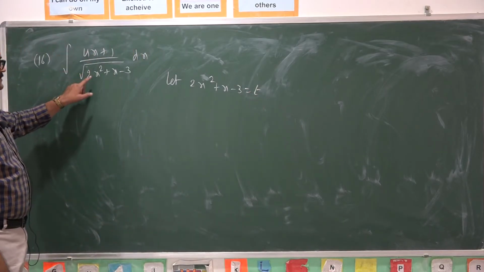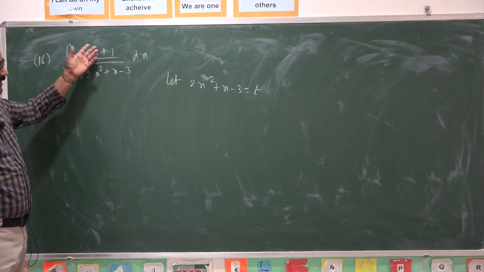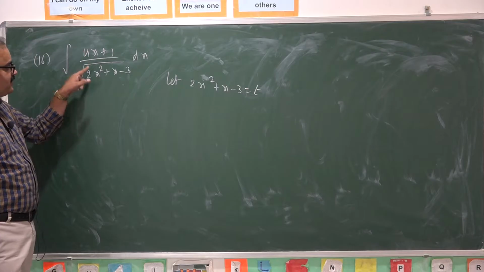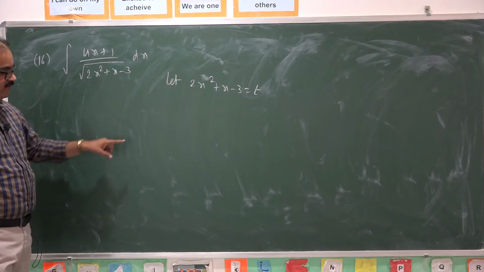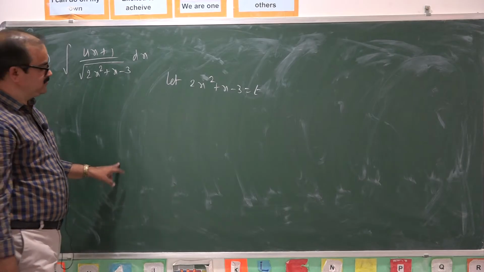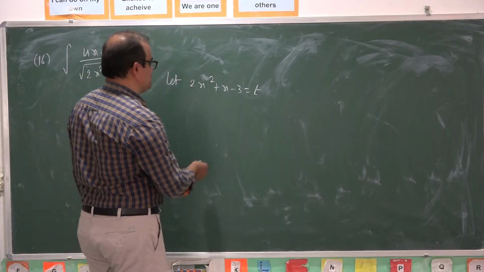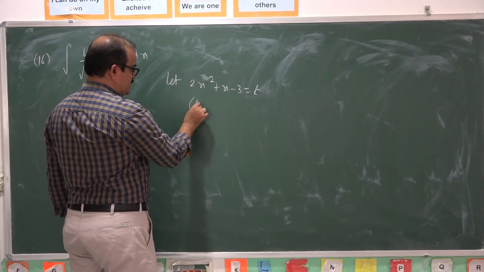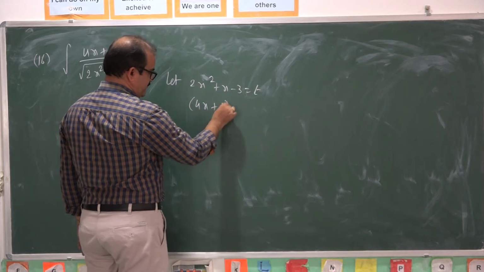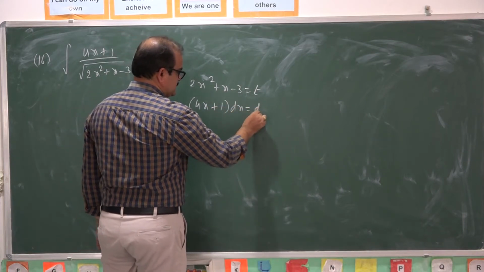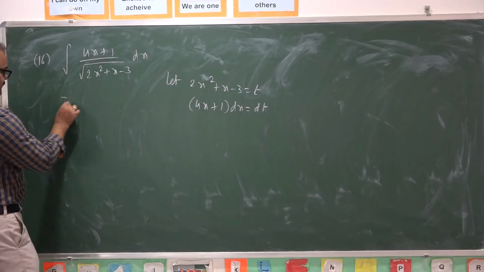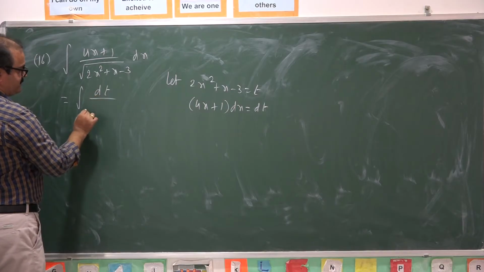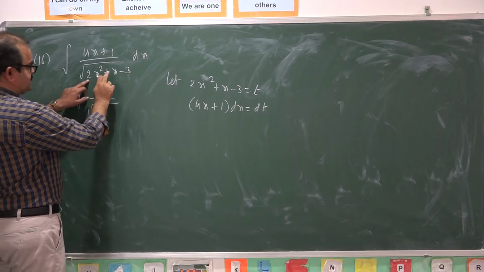If the linear form is the derivative of the quadratic form, then directly by the substitution method we can find the integral value. If this is not the derivative of this quadratic form, then we follow the special types. Taking derivative on both sides, derivative of 2x square, 2 into 2x, 4x, plus derivative of x, 1, into dx is equal to dt. So it becomes integral of (4x plus 1) into dx, that is dt, by root of (2x square plus x minus 3)